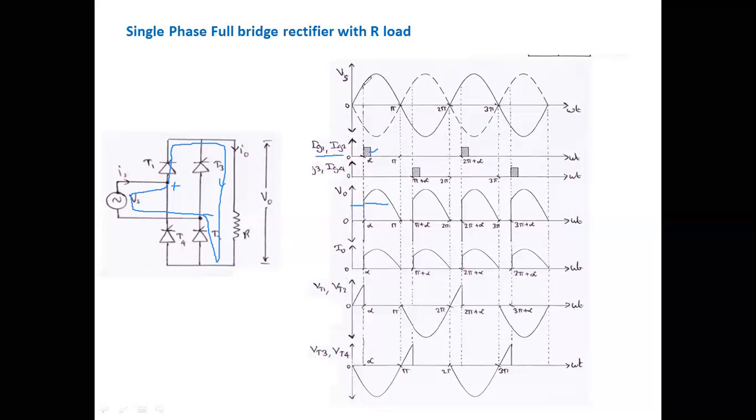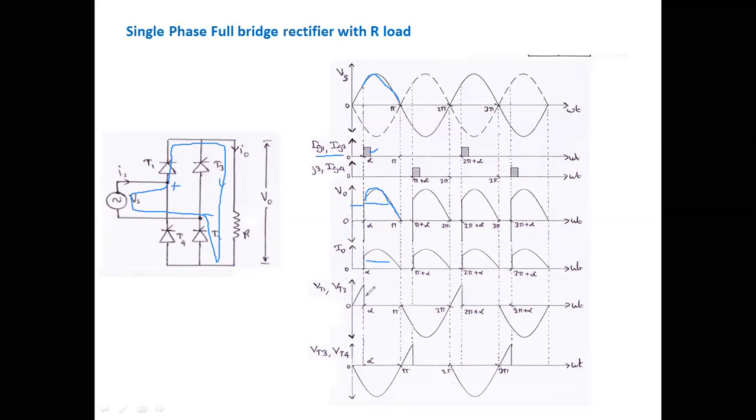So we can say that the output voltage is similar to the input voltage waveform. You can see here that this is your input voltage waveform, and the output voltage waveform follows the same input voltage waveform. If we talk about the output current waveform, as we know that the load is a resistive load, the output current can be found directly by I0 equal to V0 by R using Ohm's law. So the output current waveform is similar to the voltage waveform, but the magnitude is lower because it is divided by R. So this is the waveform of the output current.